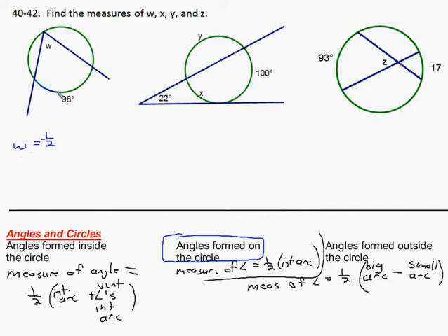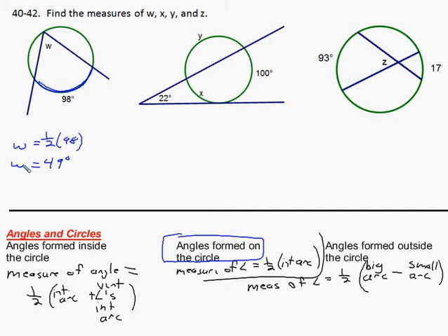So we see here's the arc that it intercepts. It's just half of 98. And so W is 49 degrees. The middle one